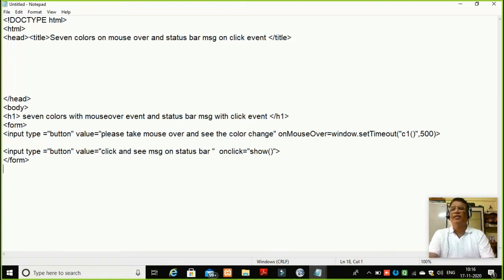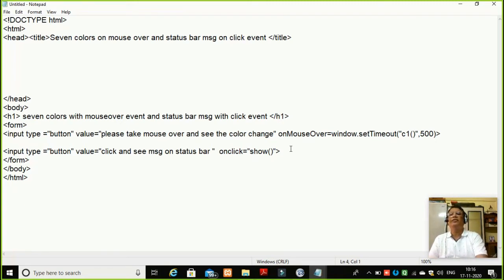Now I will close body here. Saying slash body, it will close the body of the page, and then it will close my HTML by slash HTML code.